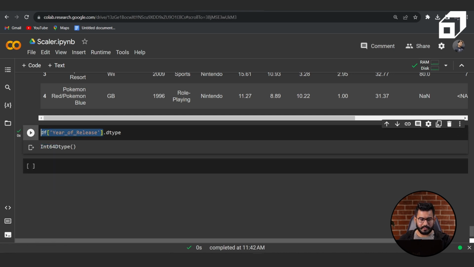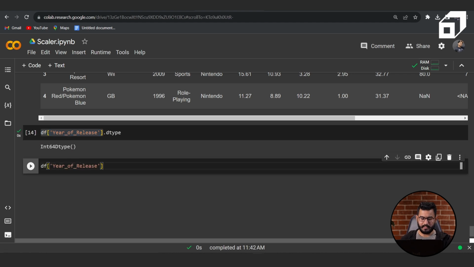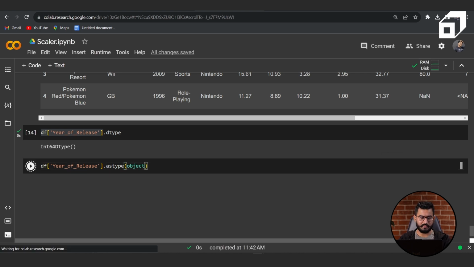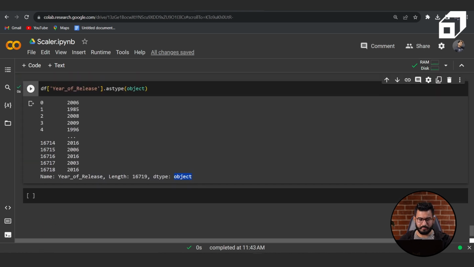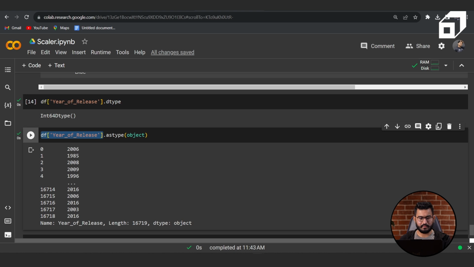If I want to convert it into object, I'll just say astype, and for object you can use either capital O, or you can write simply object, or you can write str. Anything is fine. So I'll use object, and now you can see that the data type is object. Let me preserve it back to the same column,